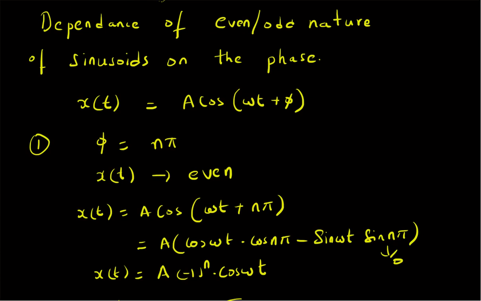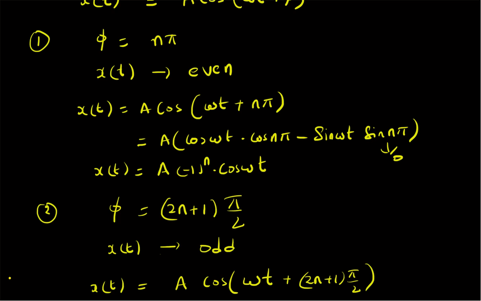So to summarize, in this video we have looked at the dependence of the even or odd nature of sinusoids on the phase term. That is, given x of t is equal to a times cos of omega t plus phi, for 3 different types of values of phase, the x of t has 3 different natures. For example, when phi, that is phase, is equal to an integer multiple of pi, then x of t is purely even. That means cos of omega t plus n pi basically simplifies to